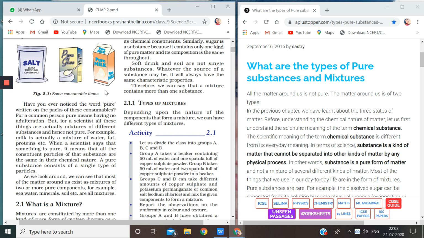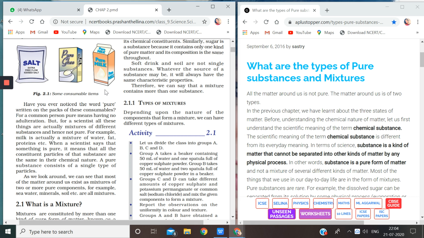For these companies, purity means shuddh. That means there is no adulteration. What do you mean by adulteration? No milavat. For them, the word pure carries this meaning. But in chemistry, it is a different concept. The word pure is used in chemistry for something very different, which I am going to explain to you now.